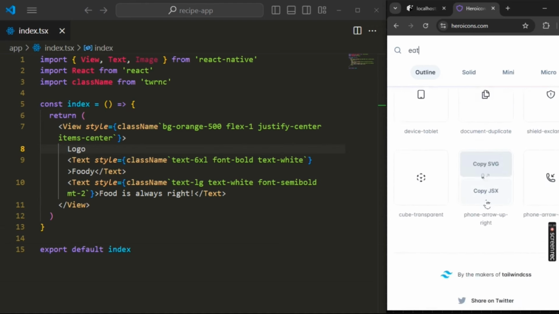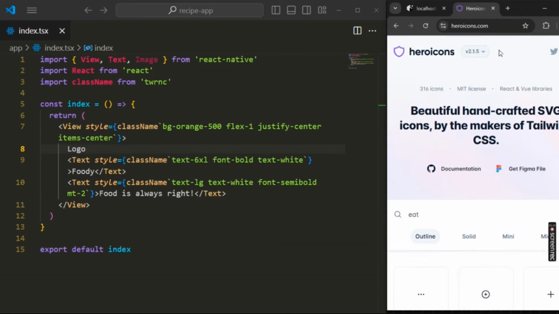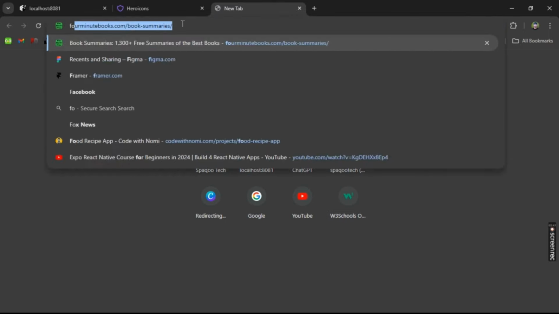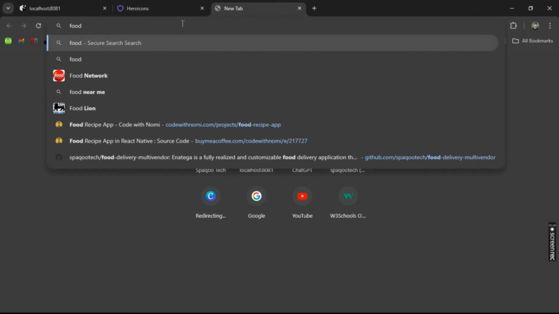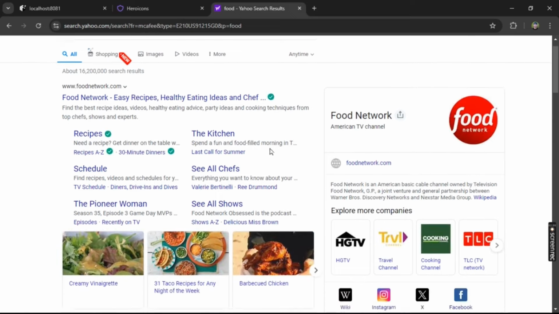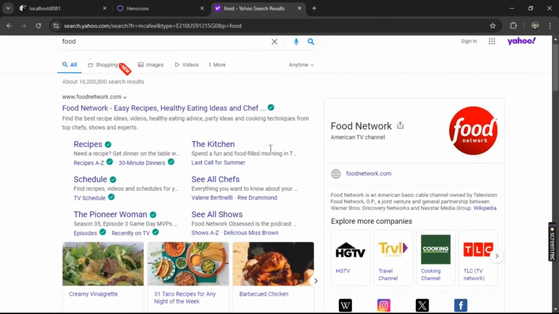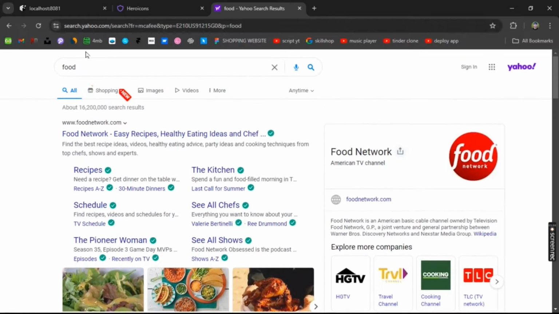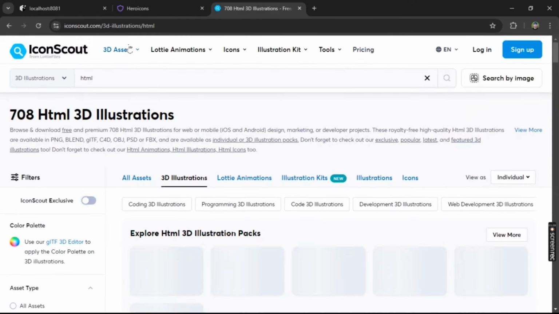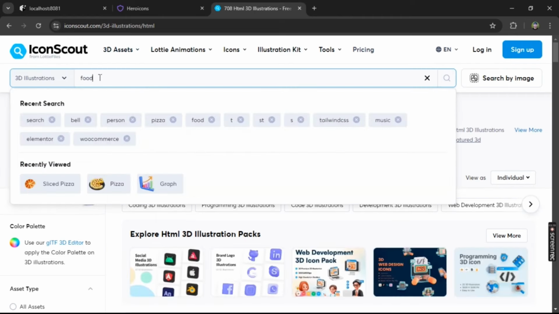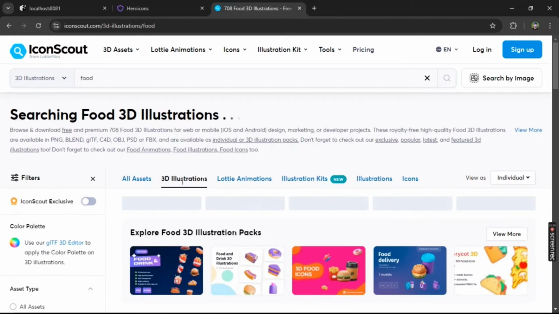So let's search for it. If we open another tab and go to food, and just search for it. I know a website which name is iconscout.com. Link is in the description, and you can search for it here because all the 3D type of icons